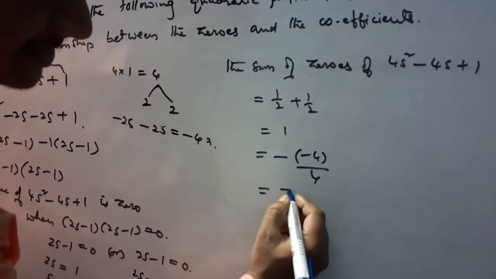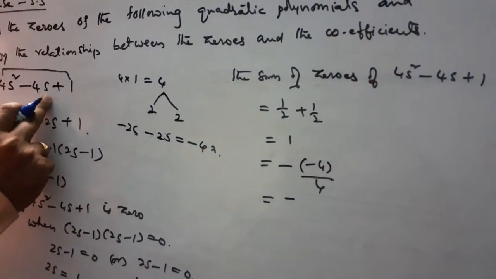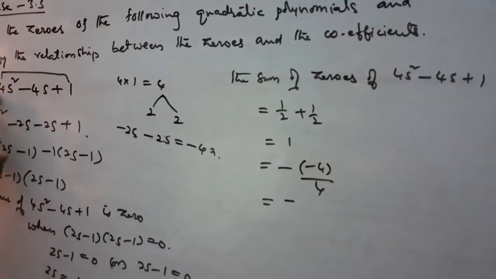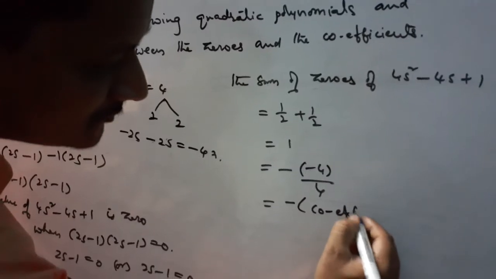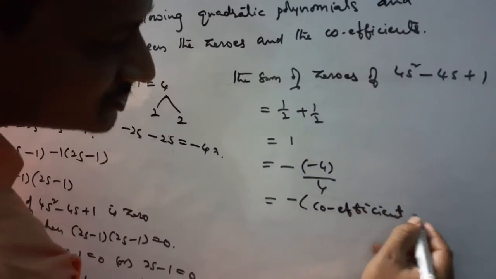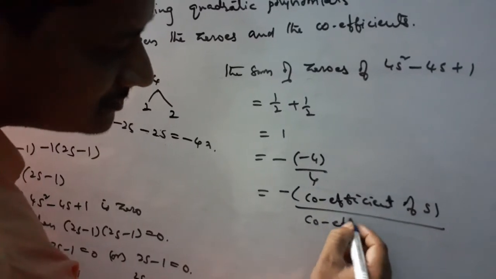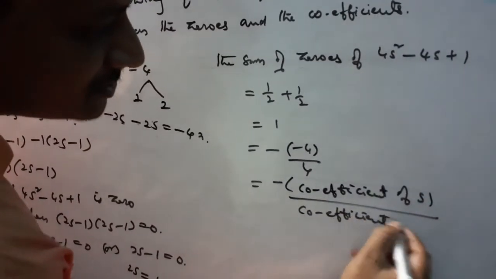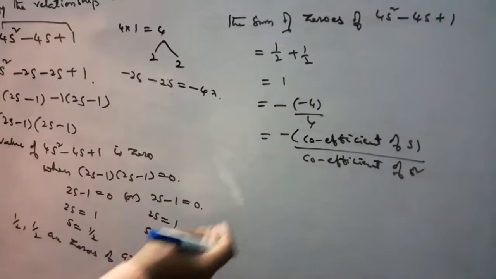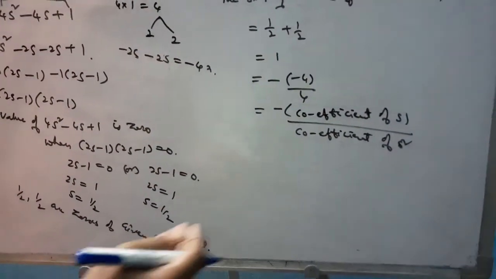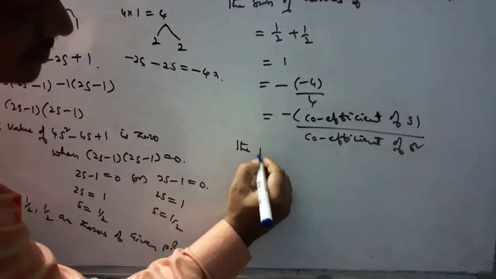Here minus 4 is the coefficient of s, and 4 is the coefficient of s square. So here it is the coefficient of s by coefficient of s square. So the sum of the zeros is equal to minus coefficient of s by coefficient of s square. So next, the product of